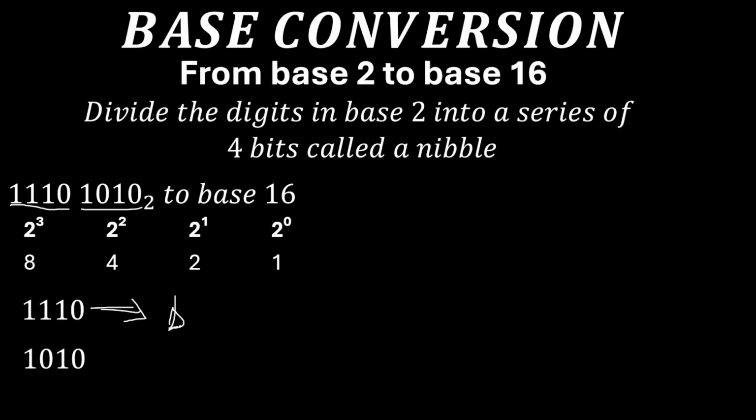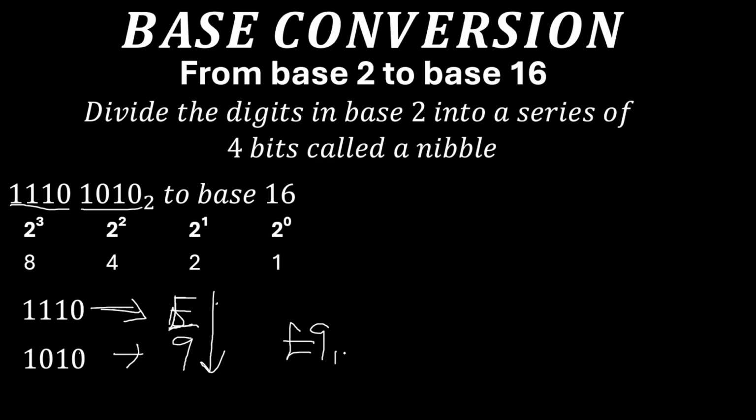So thank you. I should have taken that table to somewhere around this place. So this is E. Are you getting me? This is E. Okay, let us now look at this one as well. This one does not count. 2 counts. 4 does not count. 8 counts. So if you look at that, this is 8 plus 1, that is 9. Okay, that is 9. So if you look at this together, what do we have? We have E9